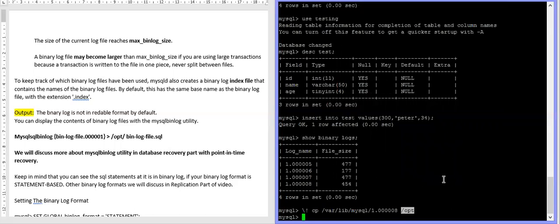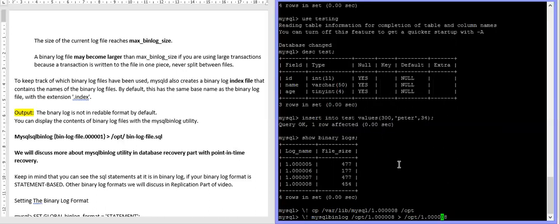Now I will convert it with the help of mysqlbinlog, with the path and the file name, and then we can redirect to a file.